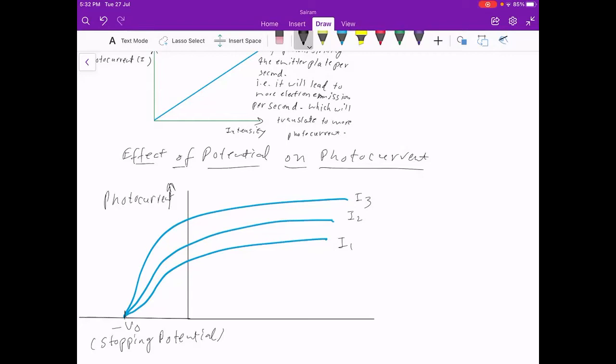You can think of just one graph, one at a time. So for example, just think of the lowest graph. Here, just forget about the 2 other lines. What you can see is that the photocurrent is 0 as the collector plate potential becomes 0, I mean, as it becomes negative. So what is happening is that you can actually stop the current from starting once you have negative potential.